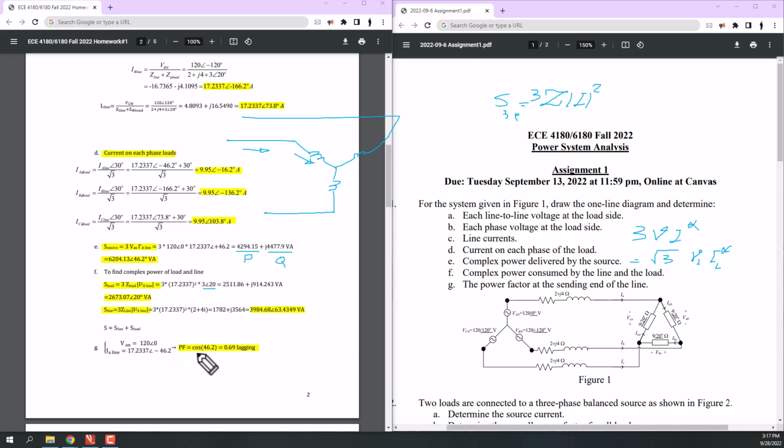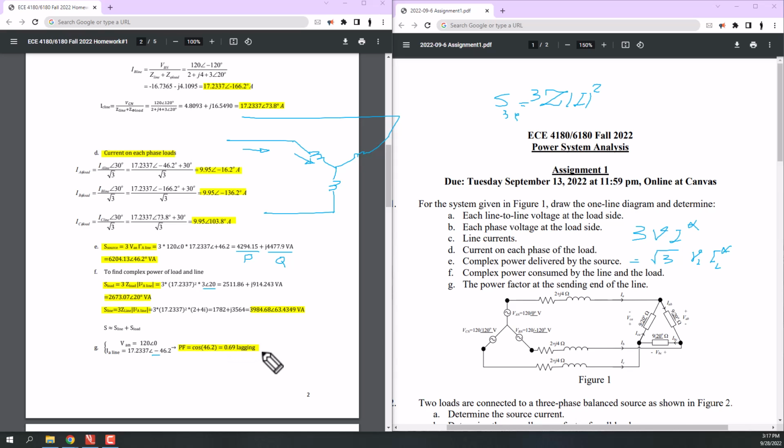So we can easily write cosine of 46.2 degrees, which is 0.69. And since we have inductive load, or we have this negative value here, we know that this